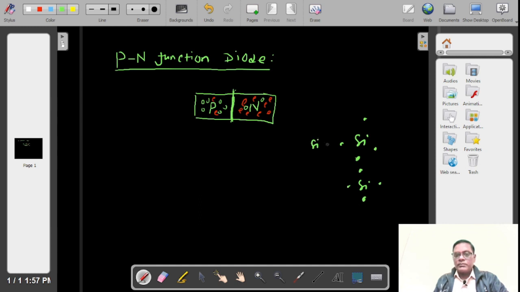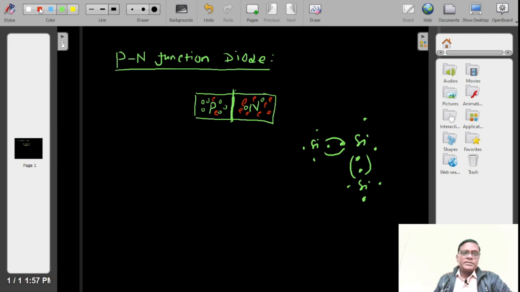If I take these 2 electrons in a covalent bond, and suppose one vacancy is created here at this position, that means when an electron is released from this position by receiving some energy, a hole is generated at